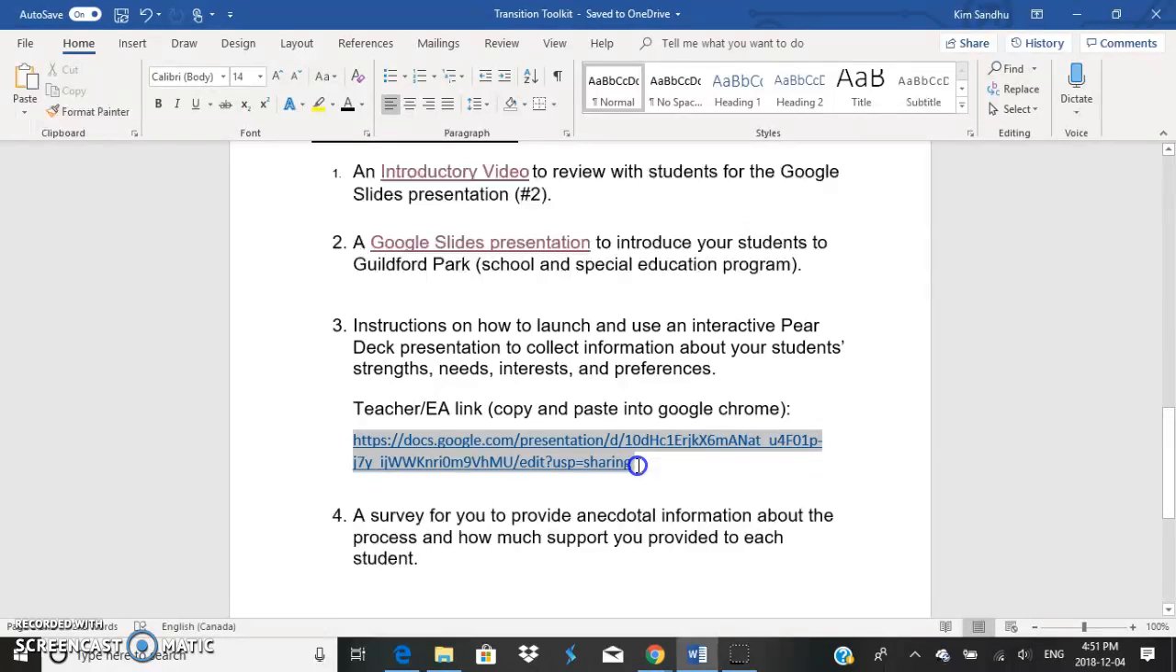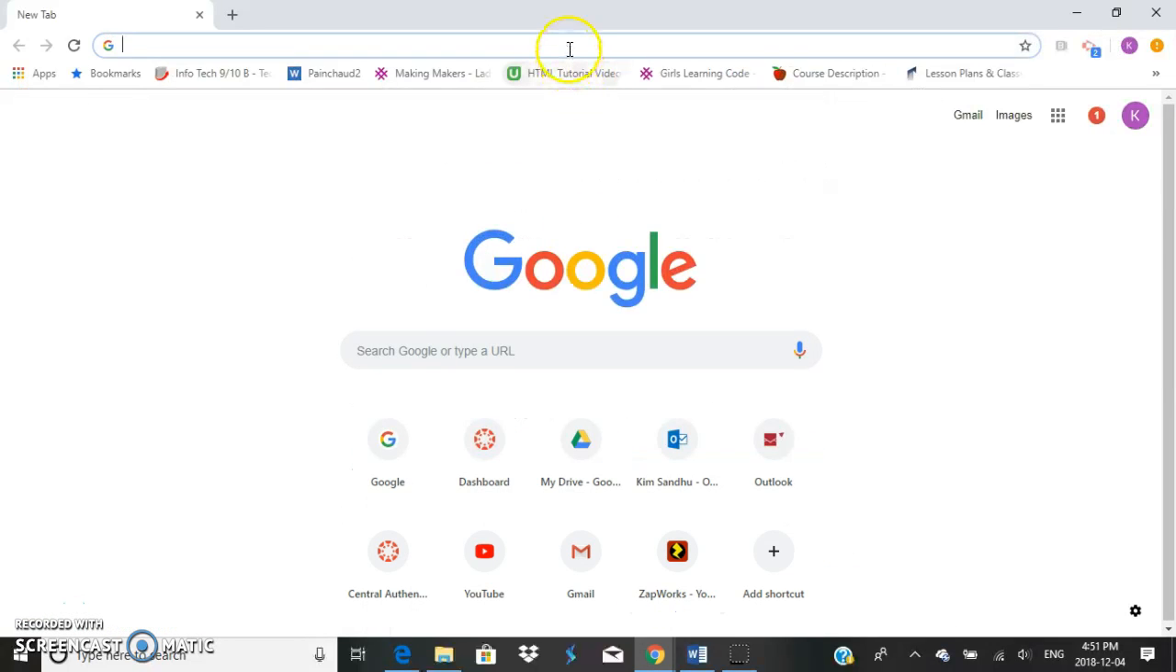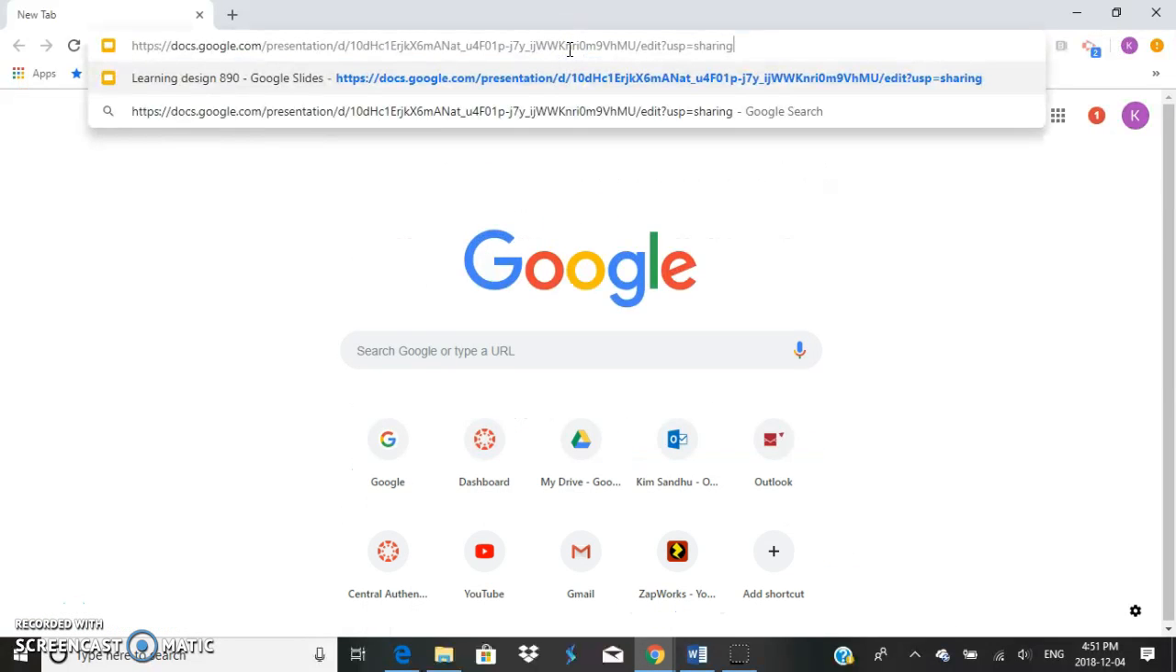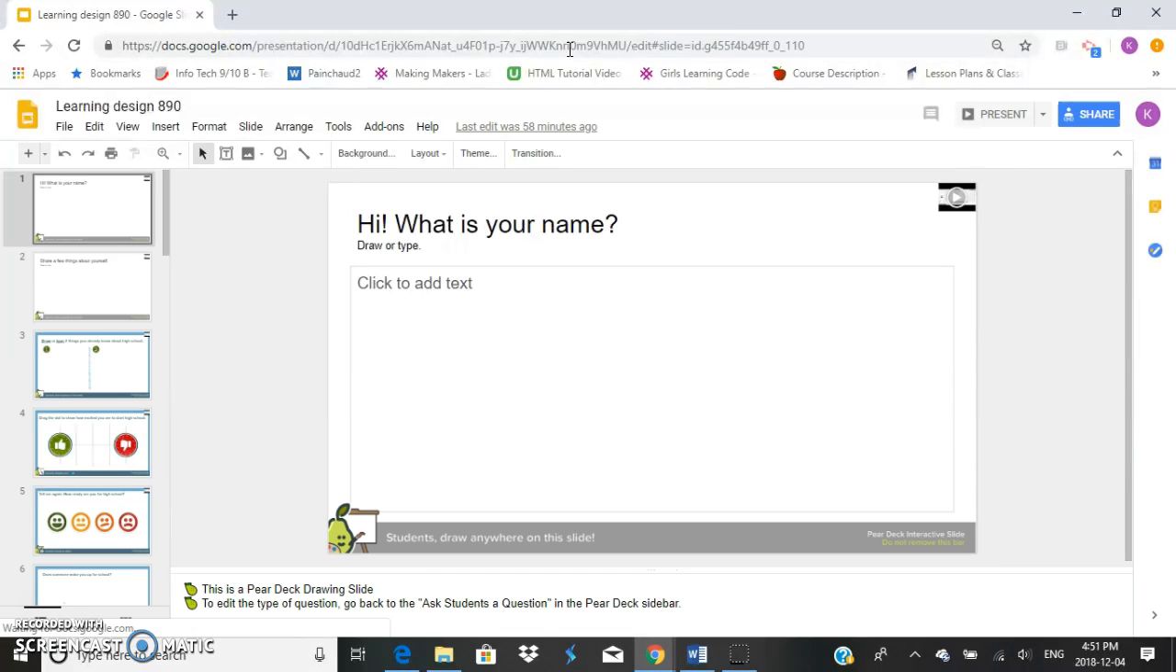Staff will copy this link. I've done Control-C to copy, and we'll paste it into Google Chrome. Google Chrome works better than Internet Explorer for this activity. So this is the Pear Deck presentation,